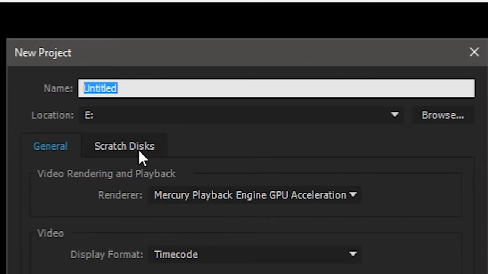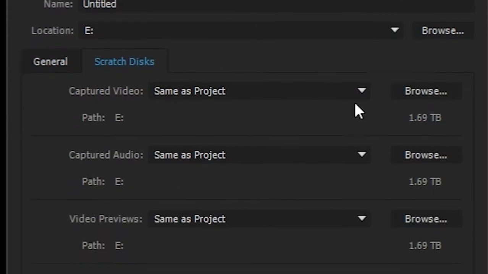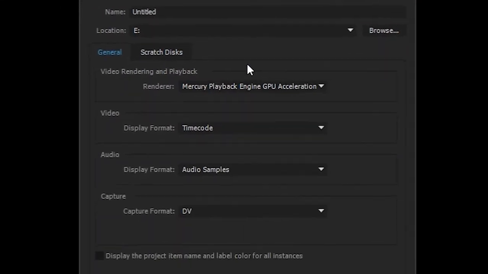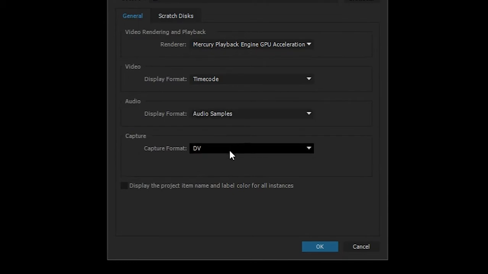Also, if you don't have much room left on your computer, I recommend going to scratch disks and changing the captured video and the video previews to your hard drive. Otherwise it will save it to your C drive, and if you don't have much room, then it will probably slow down your computer. So leave all of this the same, and